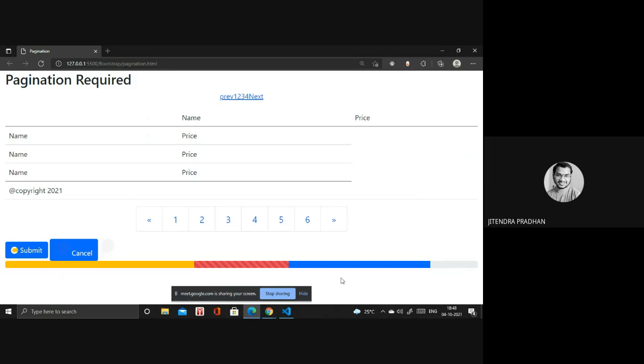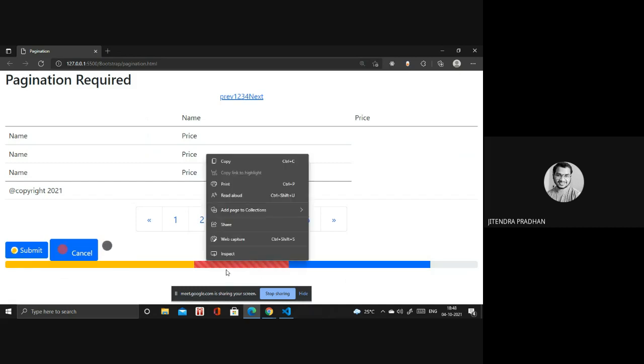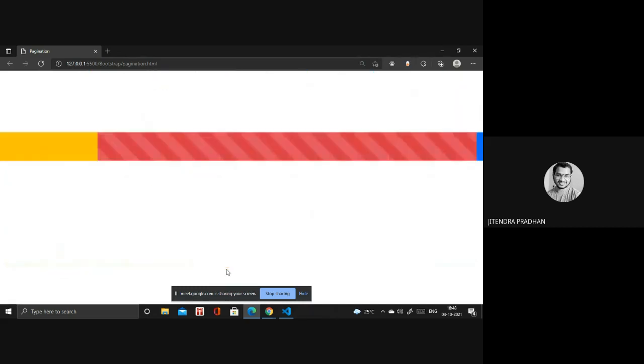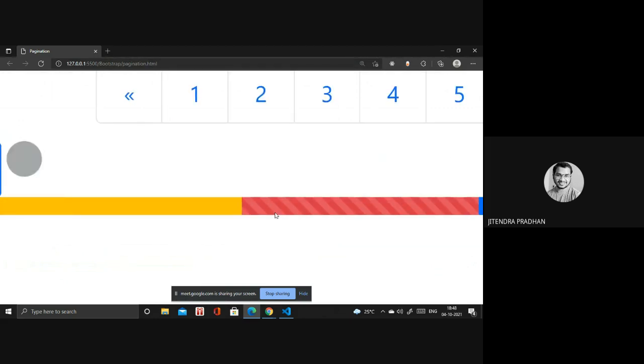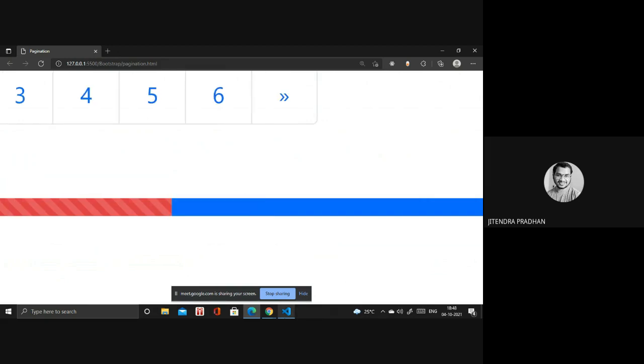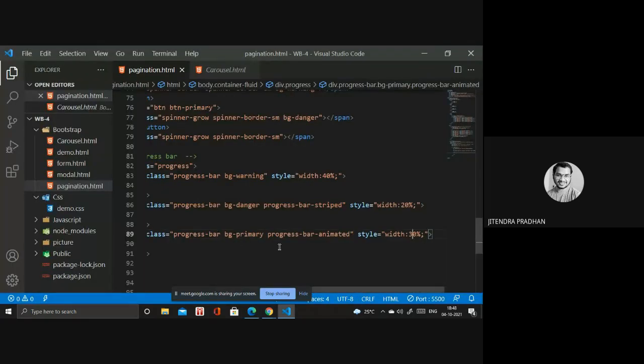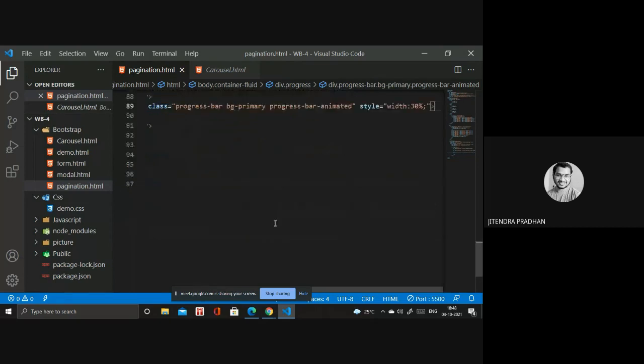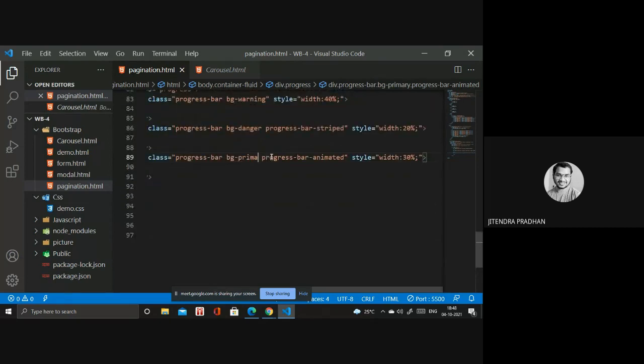Okay, so we can design a progress bar, and we can move the progress bar by using JavaScript and CSS. This one is striped, this one is normal, and this is animated. Okay? If I go to progress bar animated and give something dark, how does it look? Let's see.